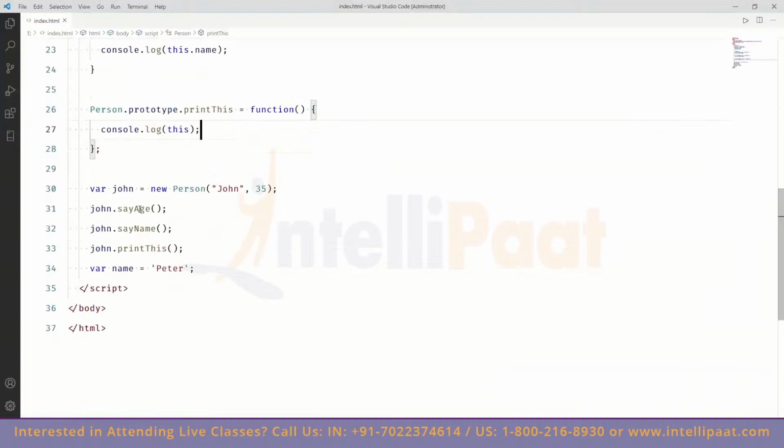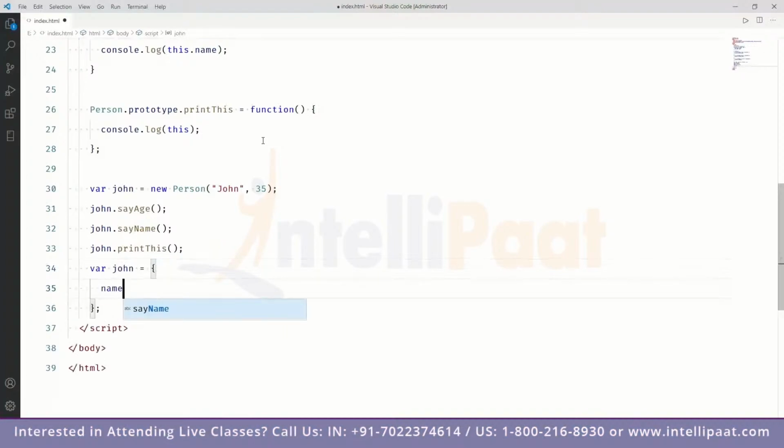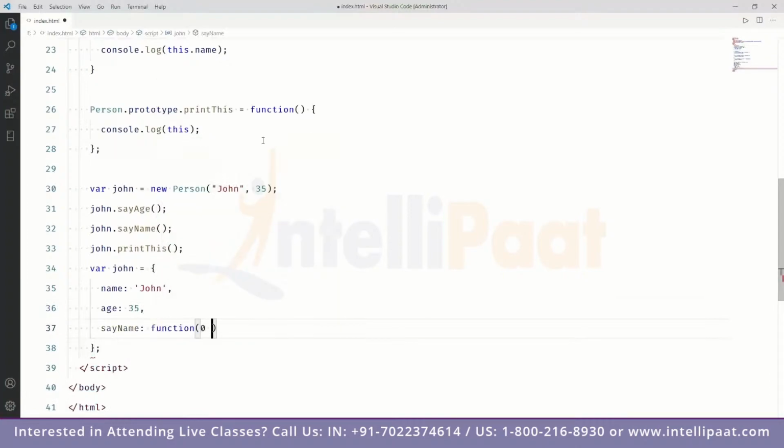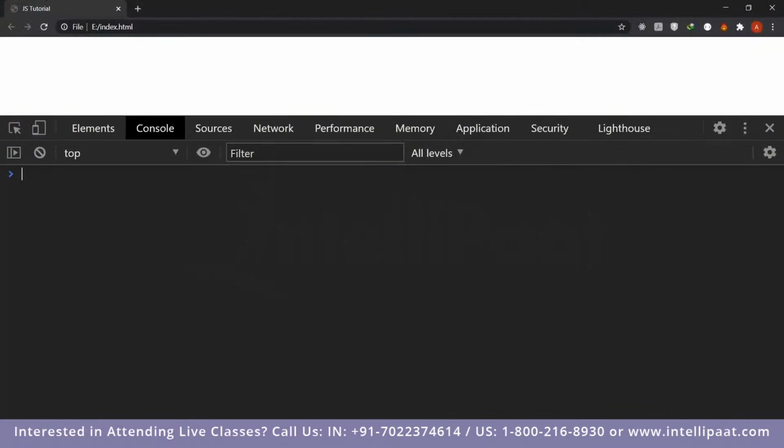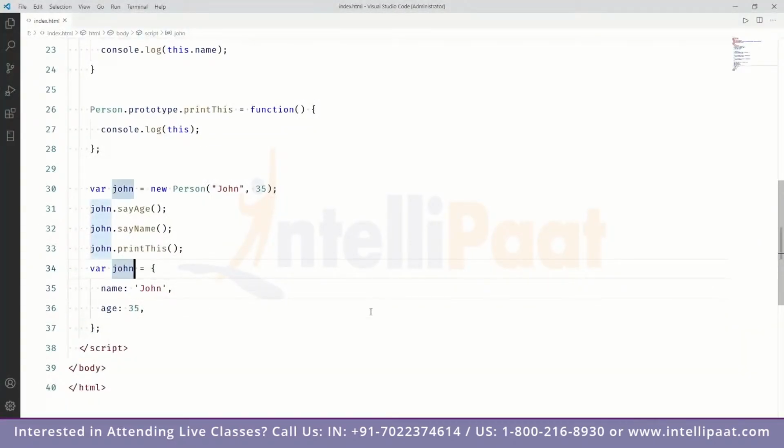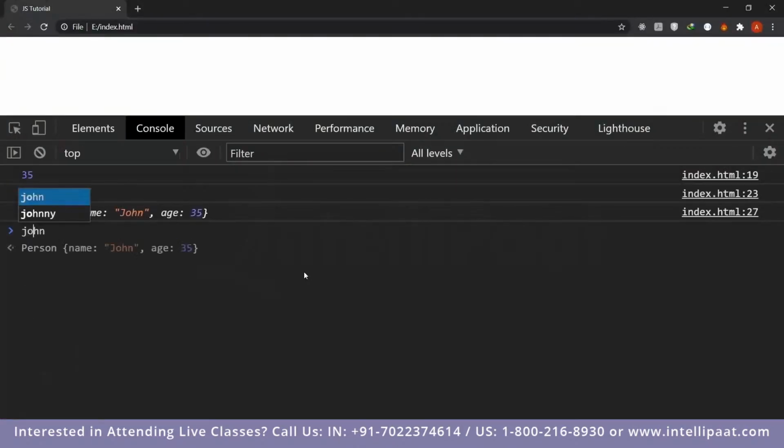So you can create a class. These are the objects. Now you might be wondering, how is it different from creating a new object? Let's say I call it John, make it equal to this, put name equals to John, age equals to 35, and then I add these two functions. Let's say name function, and the similar thing. Just think about it this way. So how is it different? Well, the main difference here is, let me just go back here. Instead of John, I'll just Johnny. Save this, go back, refresh, Johnny,